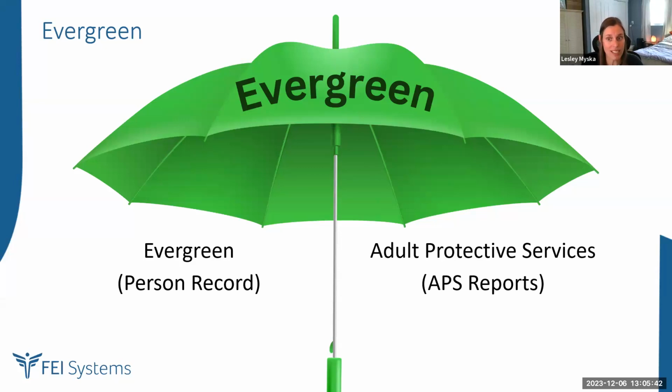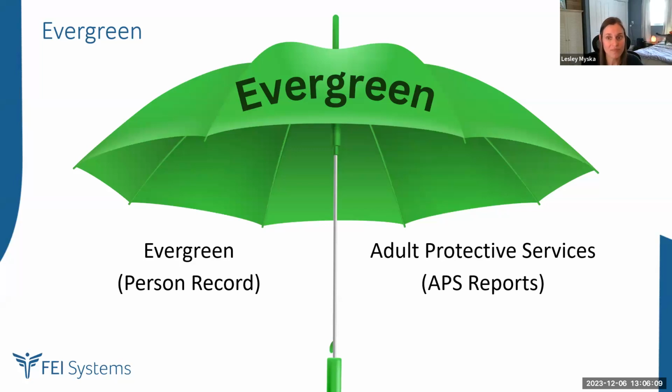However, it's important to discuss this because the Evergreen person record is what contains all of the relevant person details, like the demographics, identifiers such as a number, social security number, health information, etc. And because it's a shared system, our adult protective services and public guardianship conservatorship staff will also have access to view and edit the data that's captured at the person record level. Next slide, please,